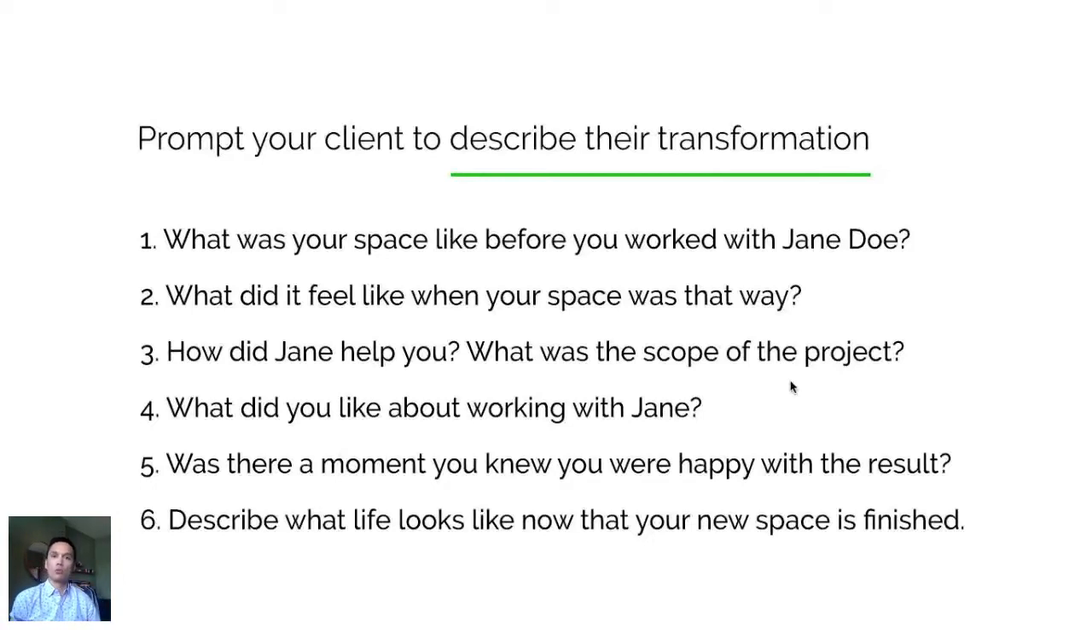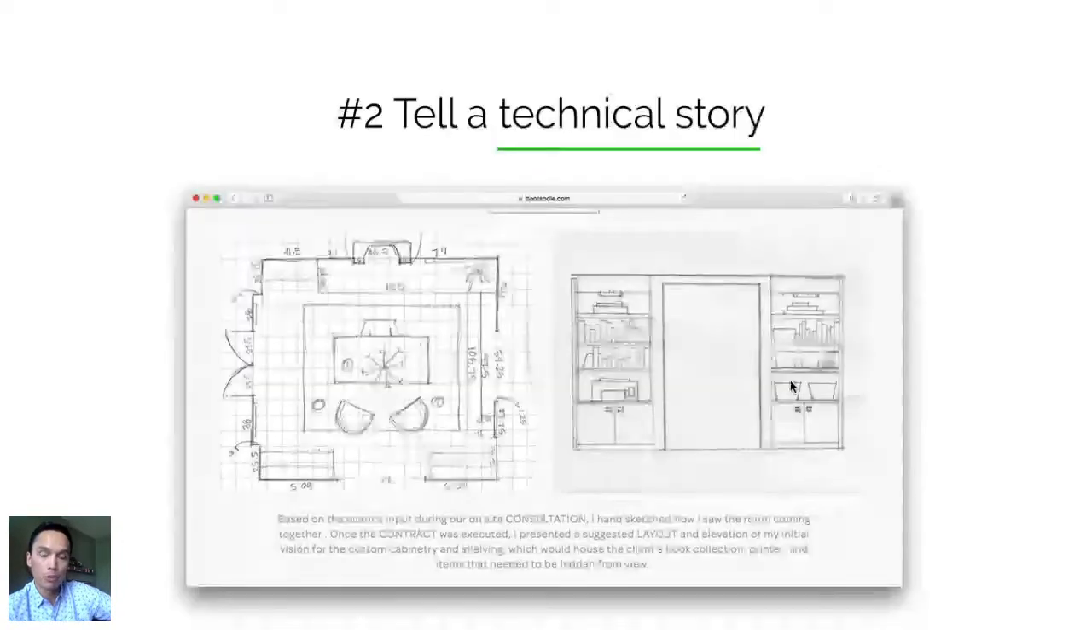Okay, so right, and we're still talking about authority here, right? So the number 2 way, second way to communicate authority is to tell a technical story on your website. Okay, and what do I mean by this? What is a technical story? A technical story is a story about a project that you've done,